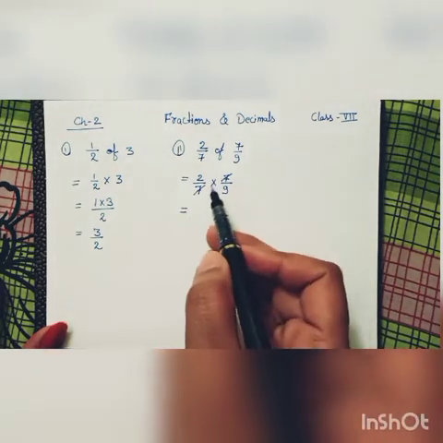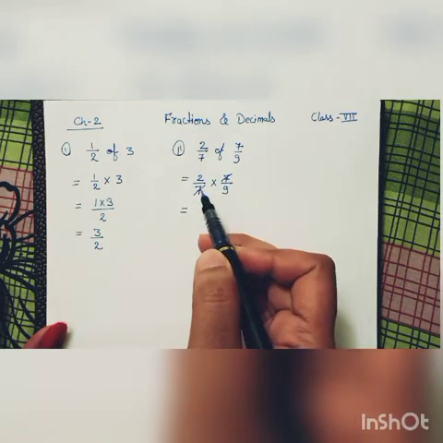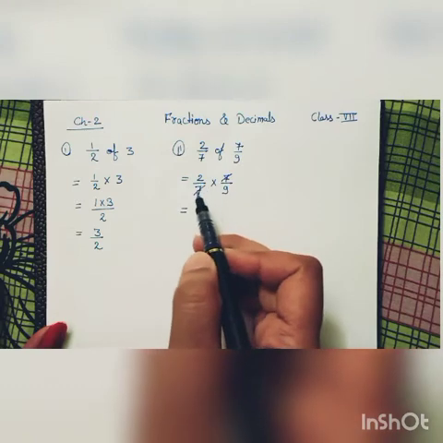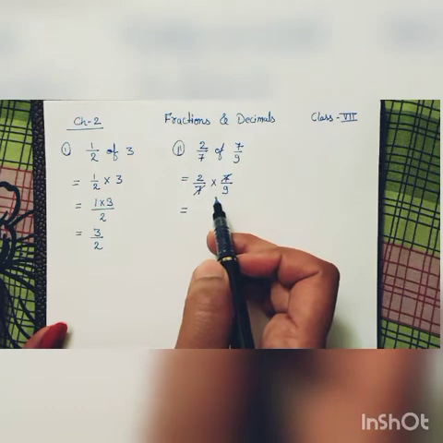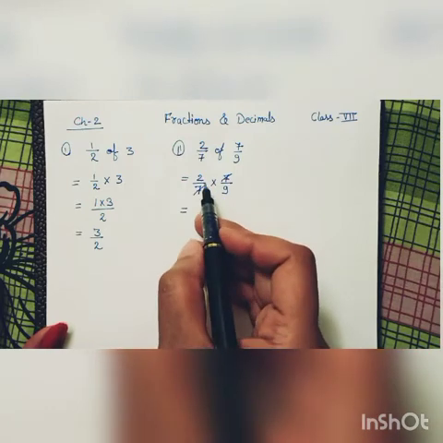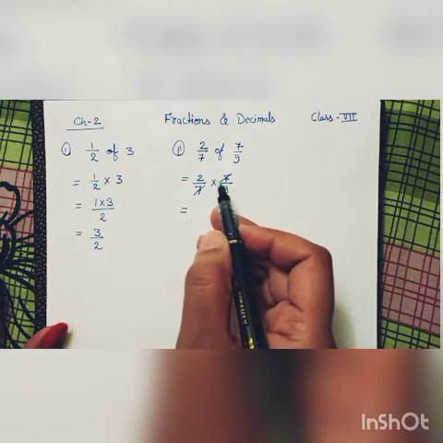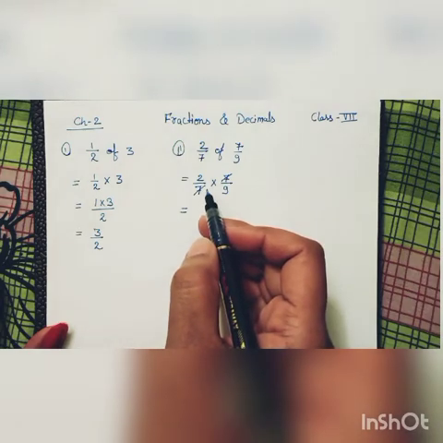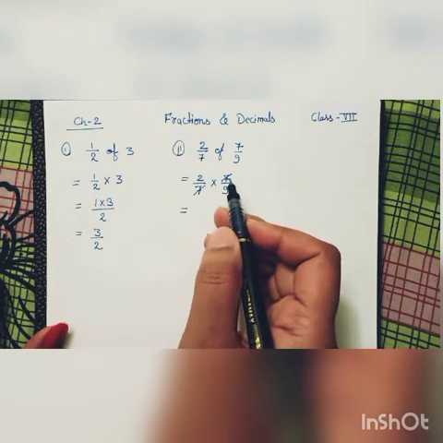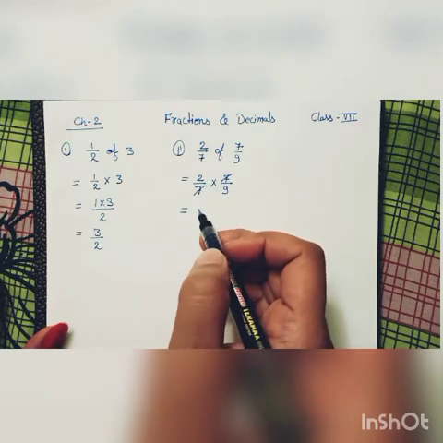Remember one thing, this division can only be done in the cross sections or within the numerator and denominator. In the front portion we will always use the multiplication method only. Basically 2 multiplied by 7. Whenever you solve, in the front section you will multiply, and if possible, if you see that they are divisible, you can divide the cross numbers, or you can also divide the numerator and denominator.